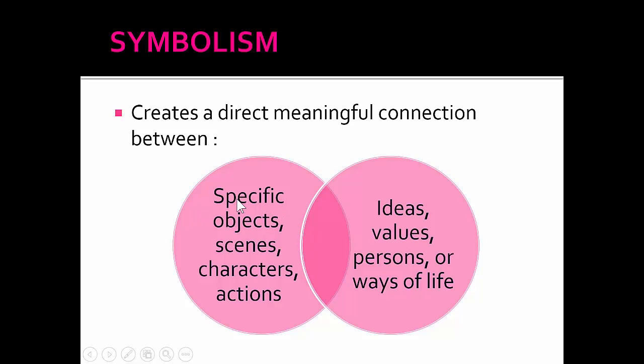An object is symbolic. Miss Brill's fur is symbolic. Okay? A specific scene is symbolic. I'm picking on Miss Brill because it was one of the first stories we read and not likely to be something that you're still writing on. Miss Brill's fur is symbolic. The scene where the young couple makes fun of Miss Brill could be symbolic. So an entire scene can be symbolic of something. An entire character can be symbolic.